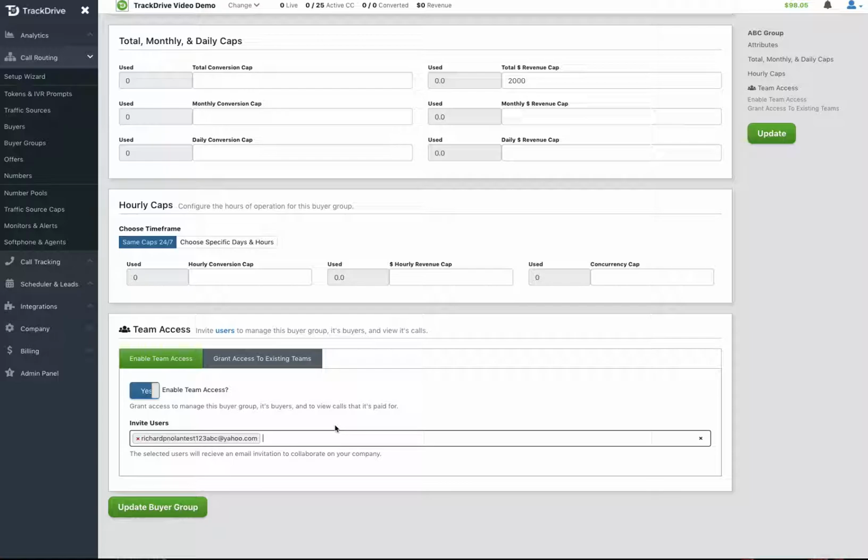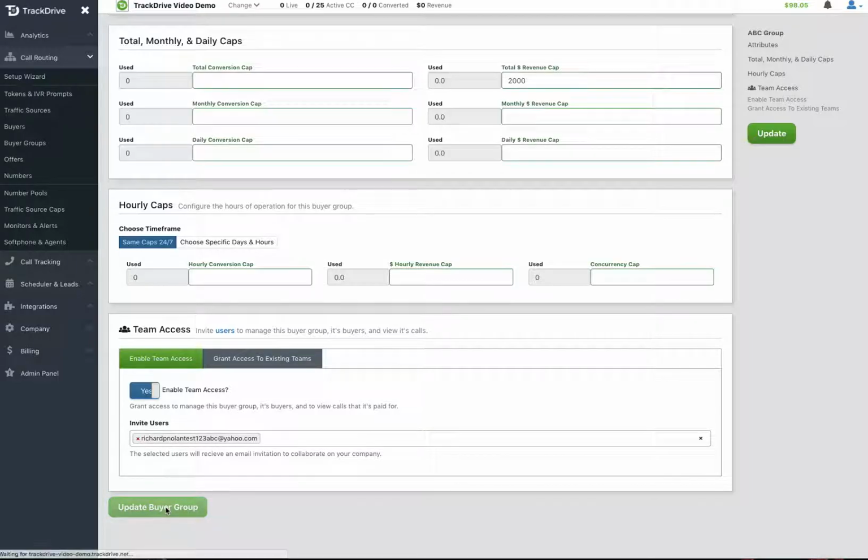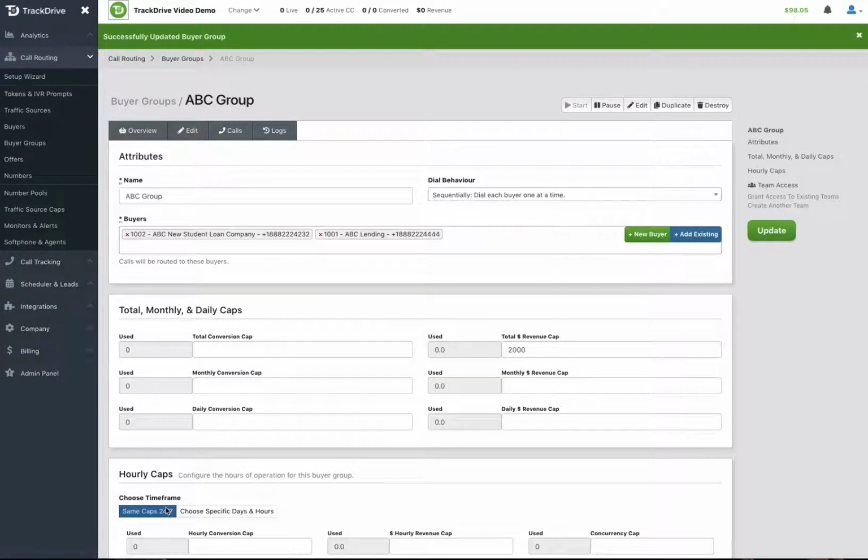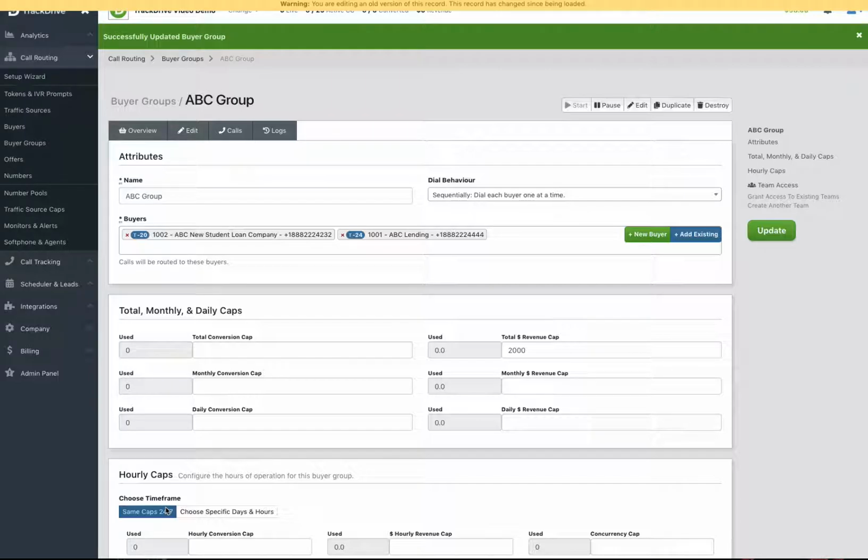That way you have less thinking to do on what you need to set and what you're trying to approve. You can always edit the team after we create the team record, but this is how we're gonna do this here. So I'm going to update that buyer group. Now when you have a buyer group, it makes the maintenance much easier because all I have to do now